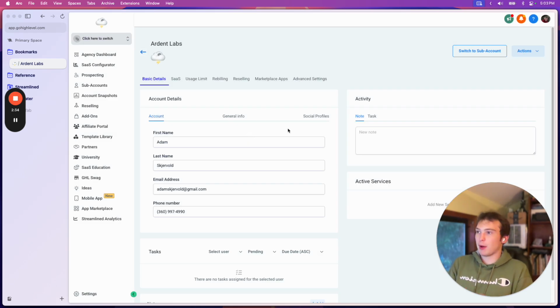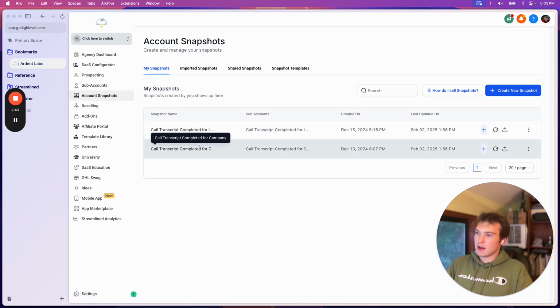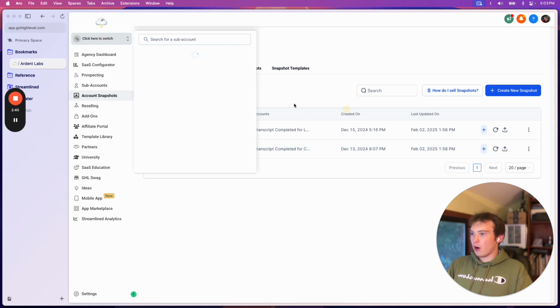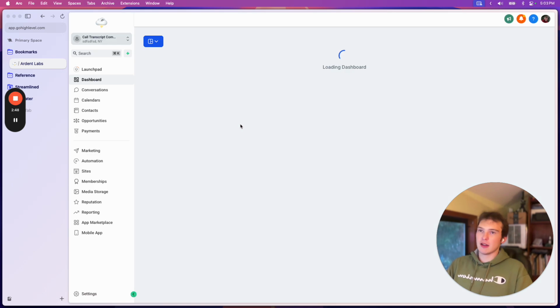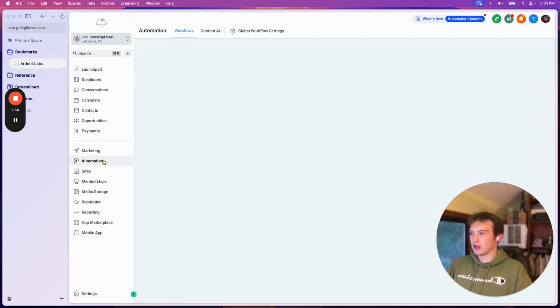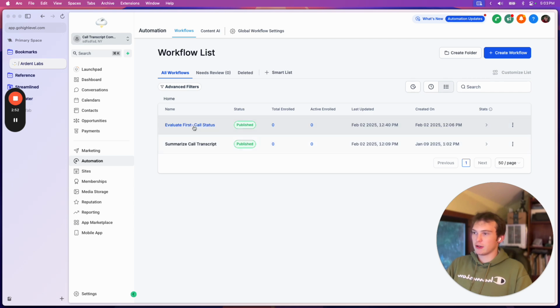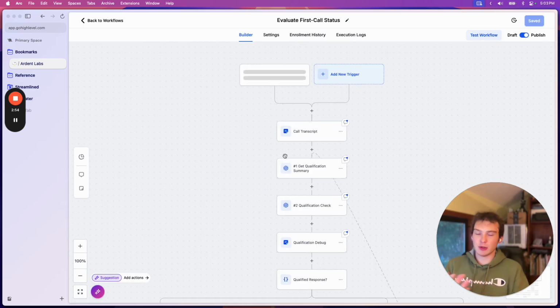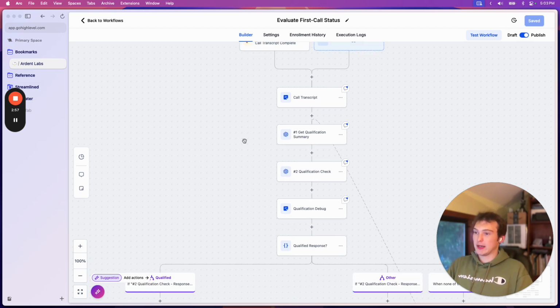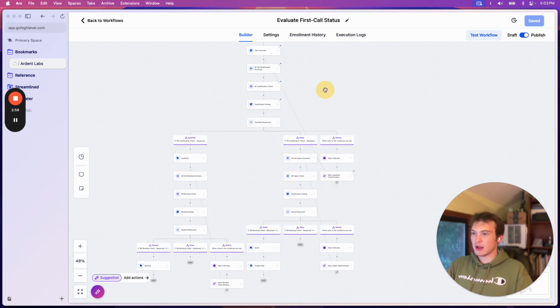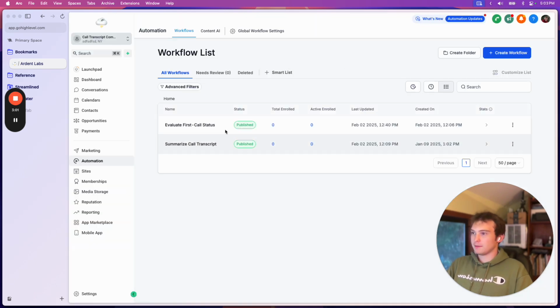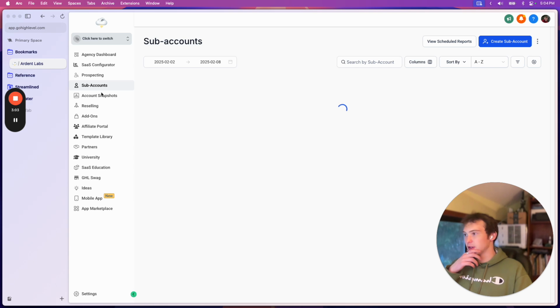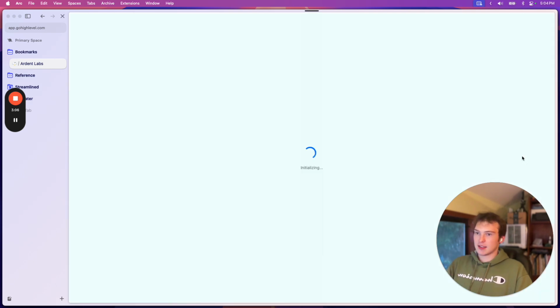I already did it, but basically you'll load in a single workflow or something, and that will link the snapshot. So now you can come back here, and you just have to update your workflow and get it working the way that you want. So let's say we spend a bunch of time, we get this working, or we duplicated this workflow from a snapshot we downloaded into our main snapshot account. Well, we have it in the snapshot. And so now all we have to do is come back here, head to snapshots,